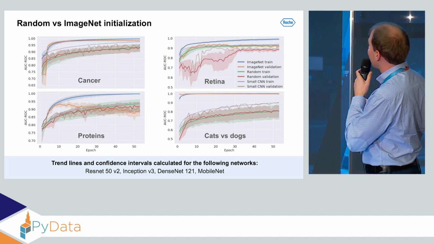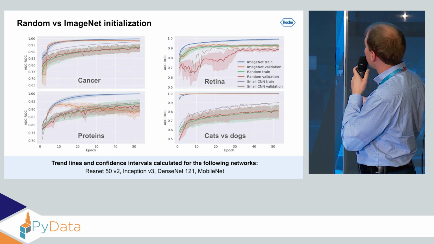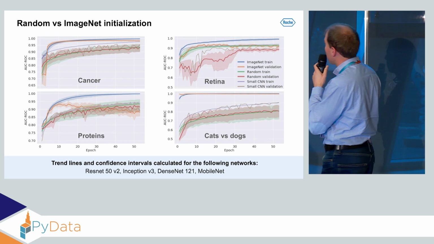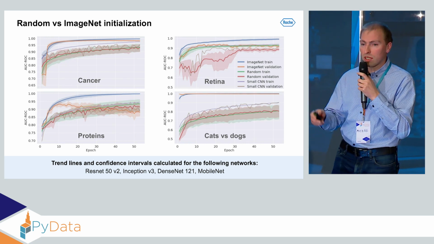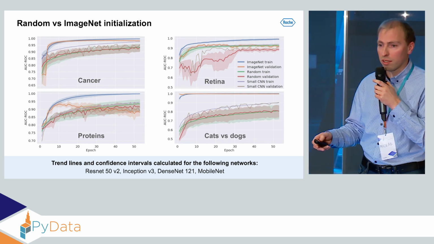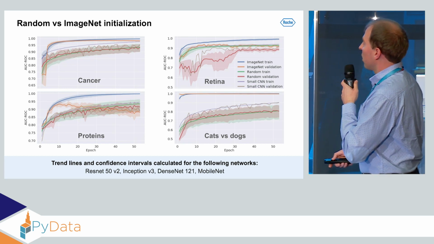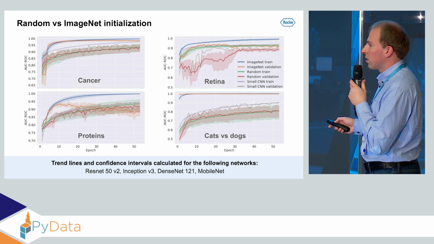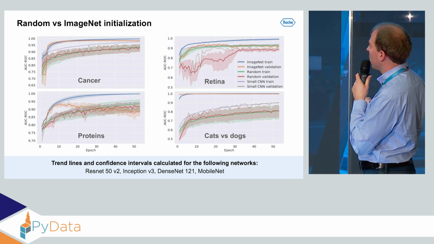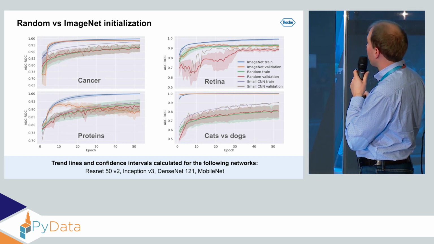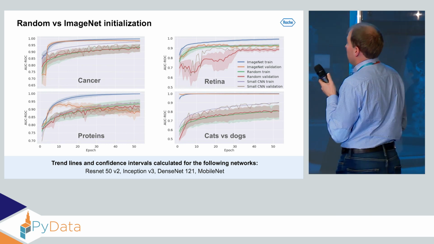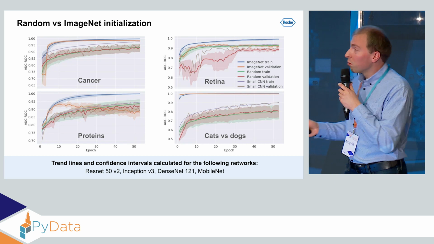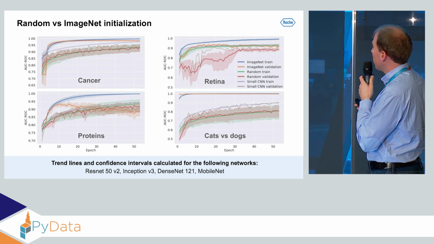In a similar way, the green and red lines represent training and validation performance for the same networks, just trained with random initialization. What we can see here, the first observation, is that the pre-trained networks tend to train much faster for each dataset. The second observation can be, if you compare the validation curves,